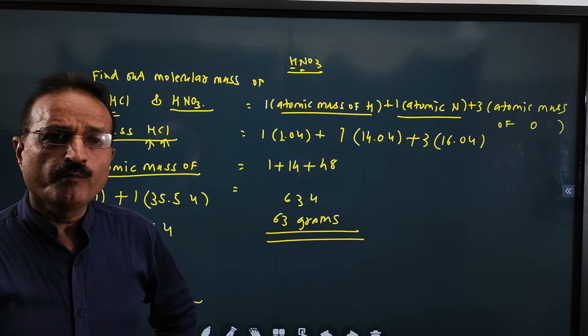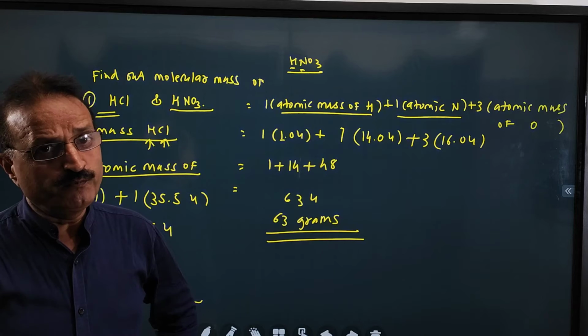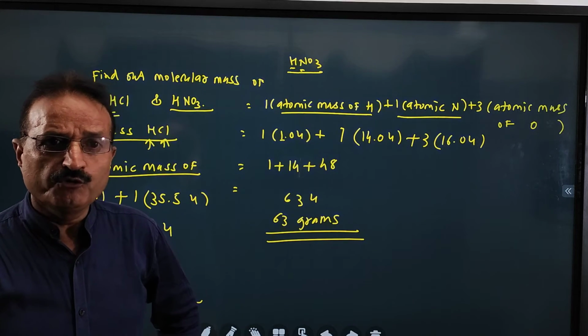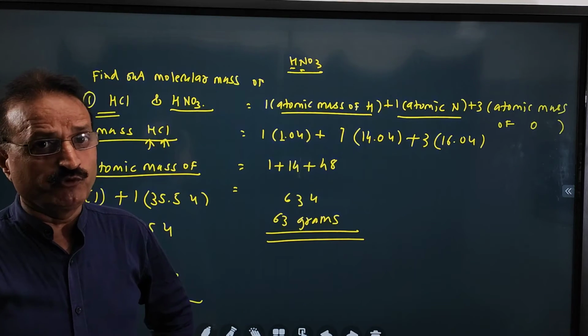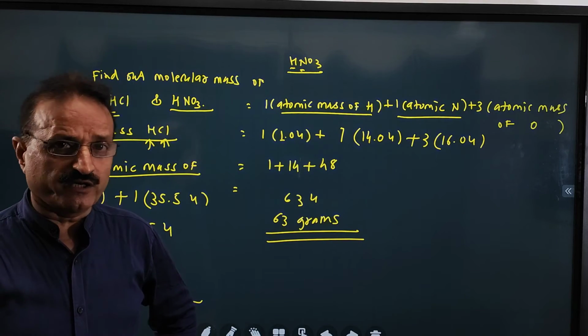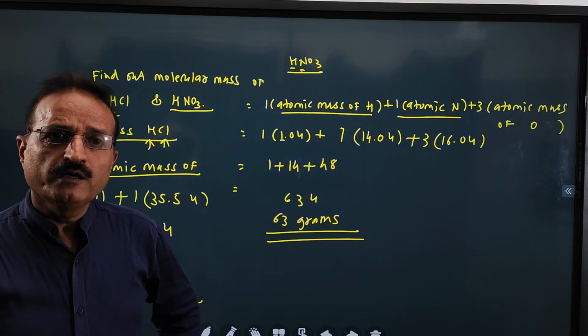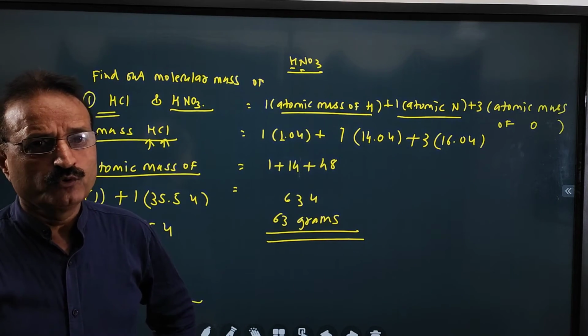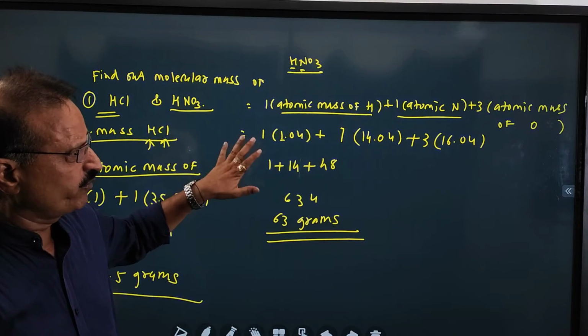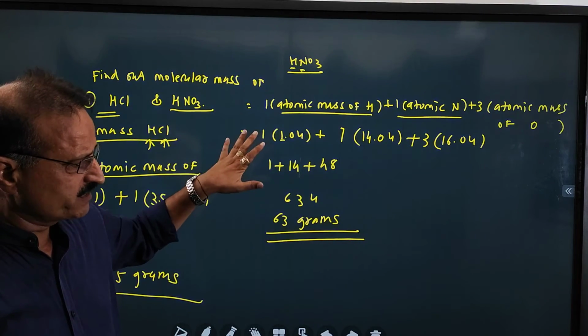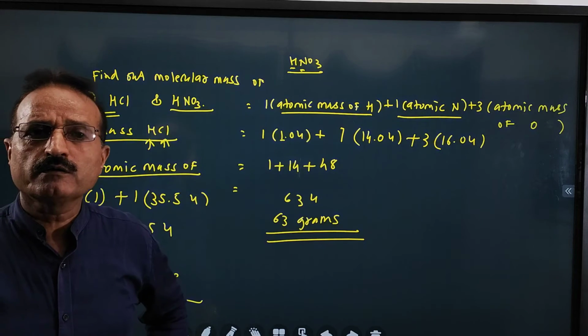So follow properly the method. If you follow the method properly, you will get correct answer. You will never make any mistake. So I am humbly requesting you to follow this method to calculate the molecular mass of any given compound or